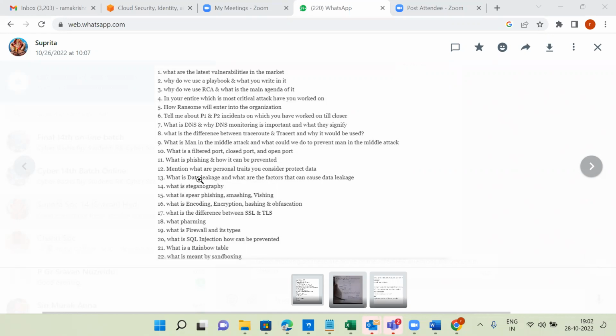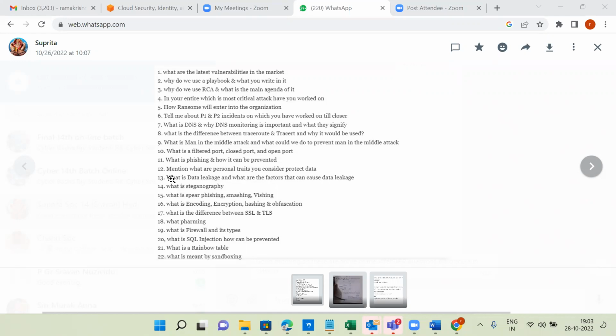If you are implementing email security solutions or email gateways, and also implementing Sender Policy Framework, DMARC, DKIM, and all the configuration in the SMTP server, we can prevent phishing emails. Phishing email is one of the hot topics for every interview. Almost all interviews will ask about phishing emails. Okay. Next one,